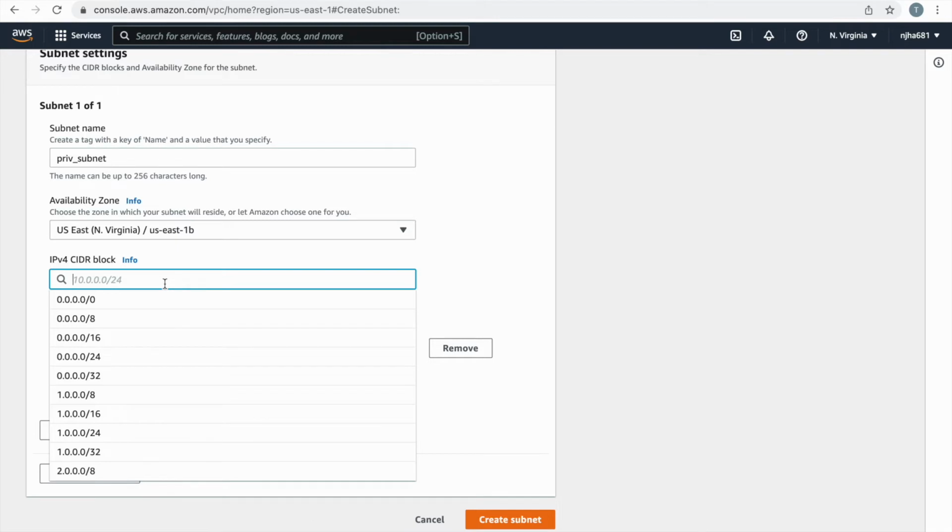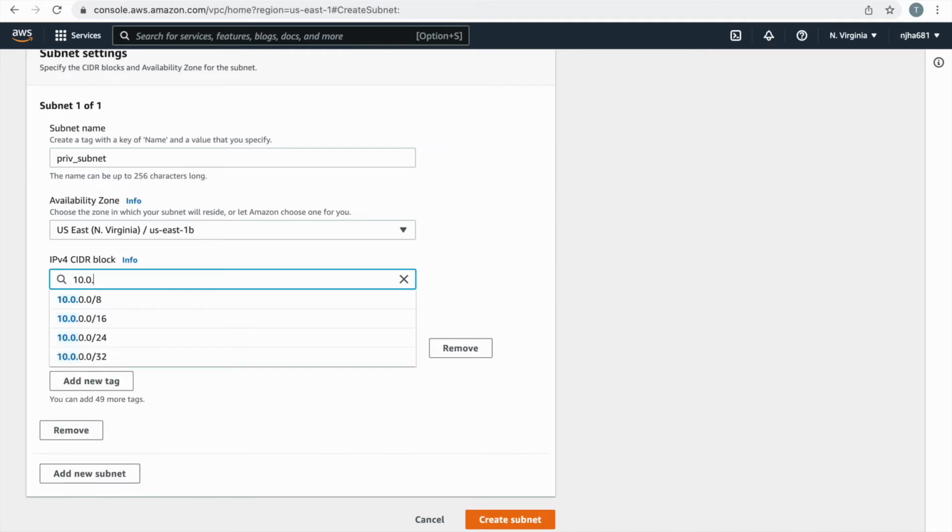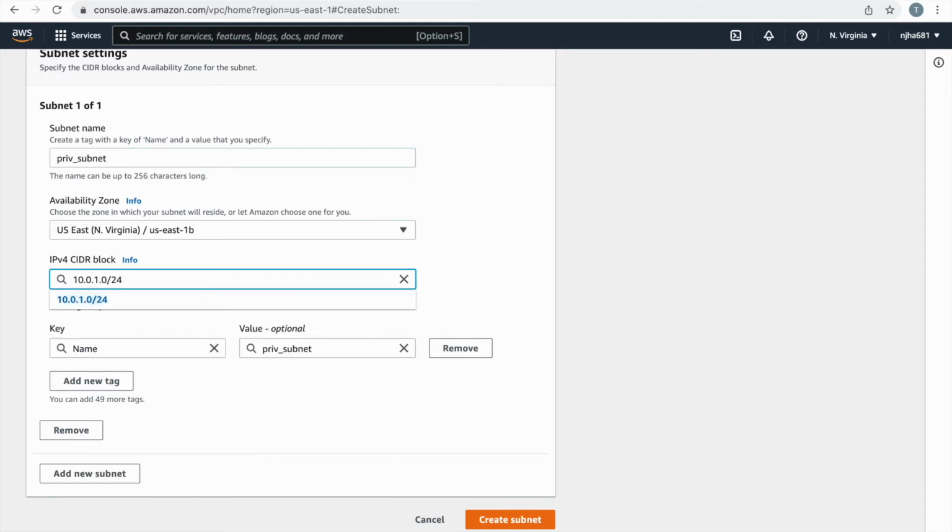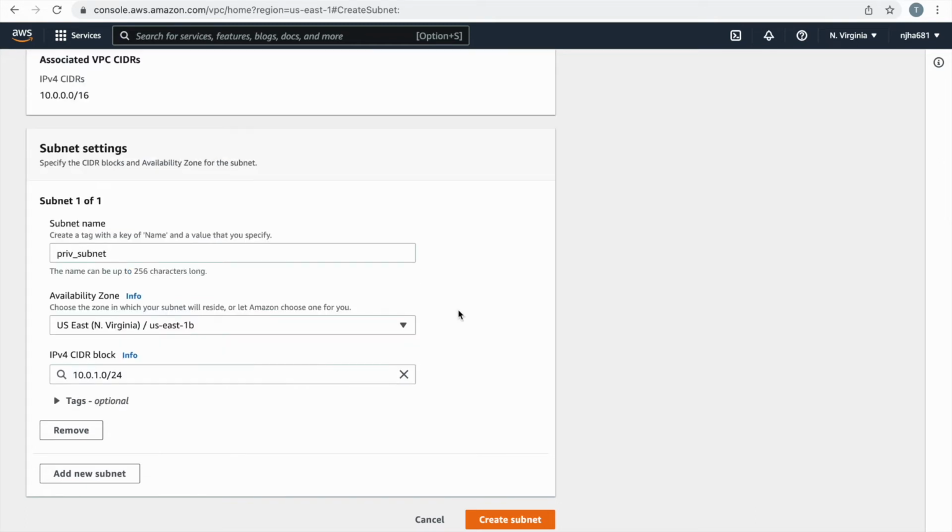Since 10.0.0.0/24 is already associated with the public subnet, we will give a different CIDR block range so that there won't be any overlapping. So the CIDR block will be 10.0.1.0/24. It will also consist of 256 IPs only. Click on create subnet.